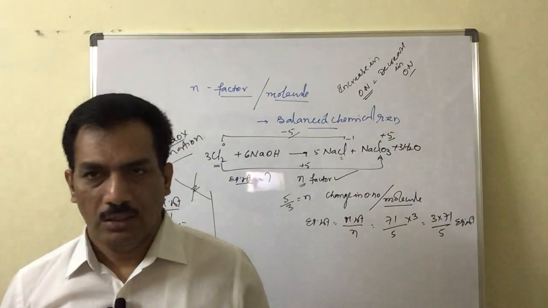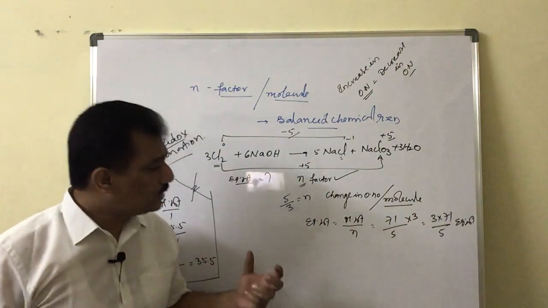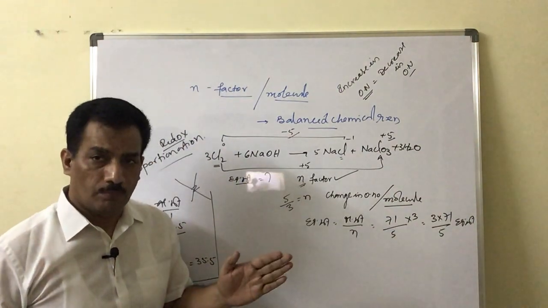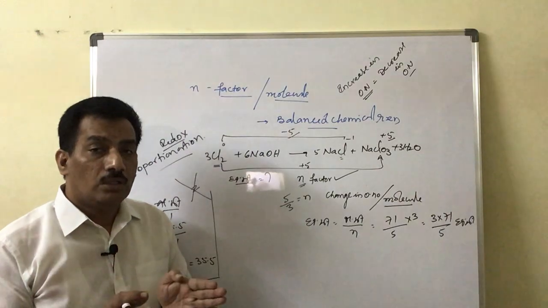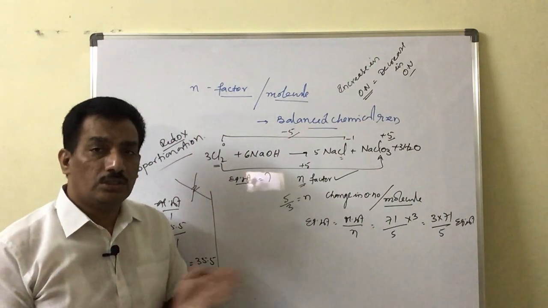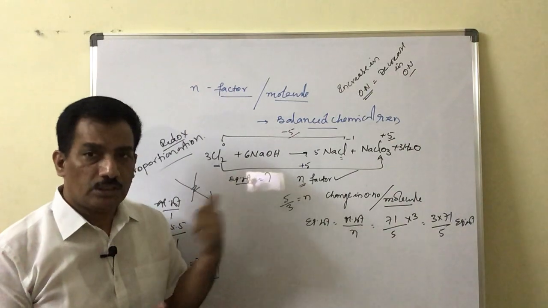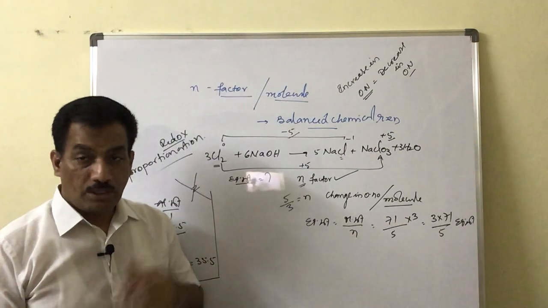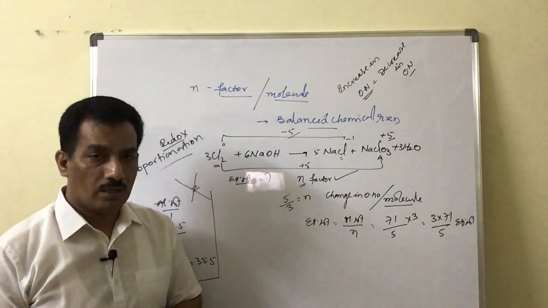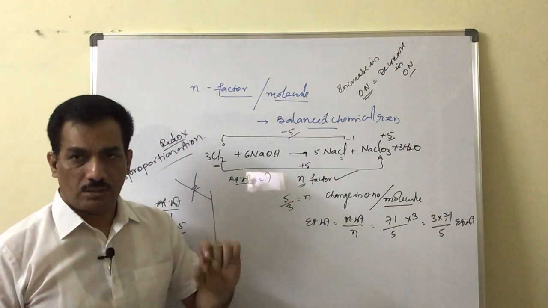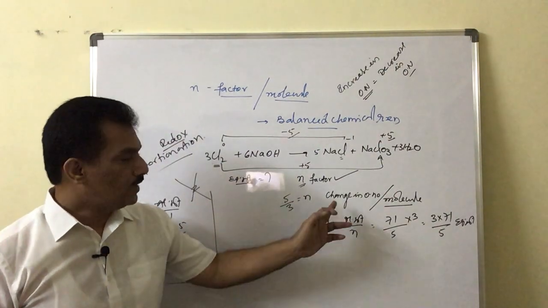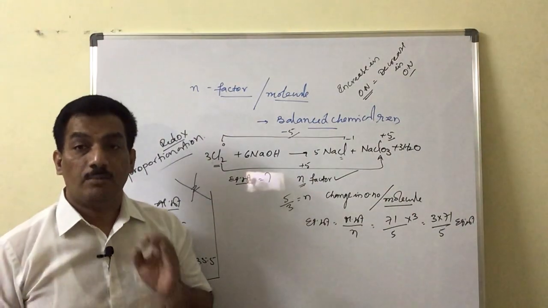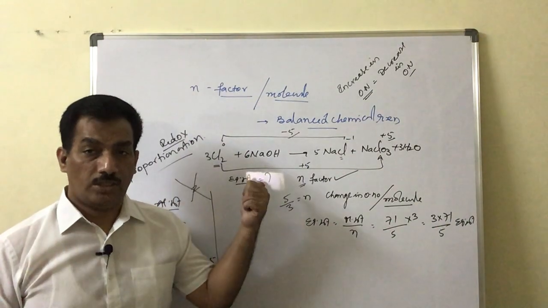Are you following? Just like this, here you have to consider the N factor, that is the change in oxidation state per molecule. We should not consider the total. Total change means on one side it is decreasing, on the other side it is increasing, because it is a disproportionation reaction. If you sum these two, it will automatically become 0. But it should not happen like that. Thereby take either the decrease or the increase per molecule. That is the N factor, and the equivalent weight is molecular weight by N factor when a reaction is given.